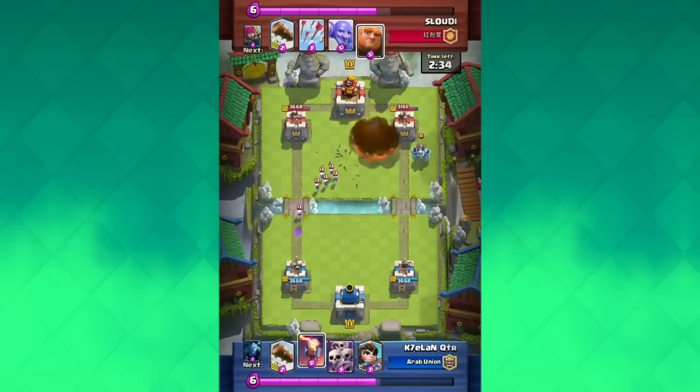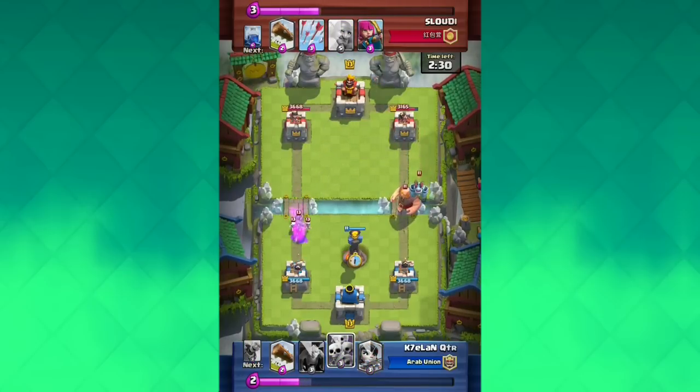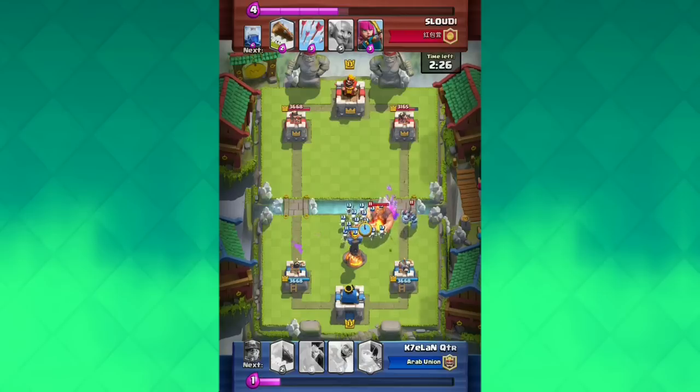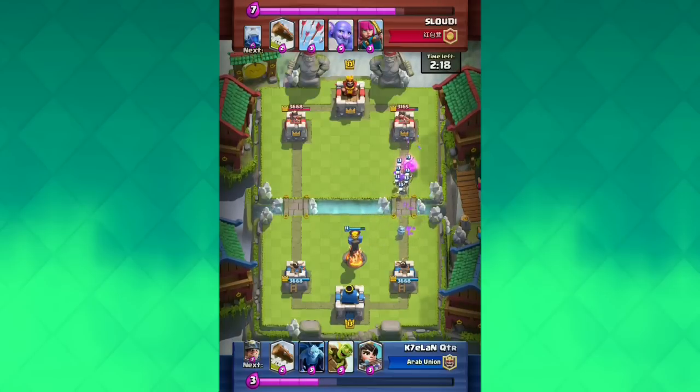But I just decided to put it on this list because it does a lot of damage, and I have a lot of trouble fighting against the Mini Pekka in battles. Sometimes I use the Mini Pekka myself, and I usually do win the battle. It's basically like a Lumberjack, and the Lumberjack is a legendary card, so I don't see why the Mini Pekka shouldn't be. And the last card, but not least on our list for today, is going to be the Mega